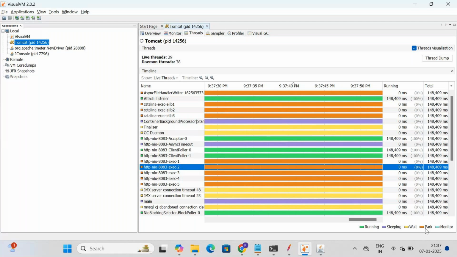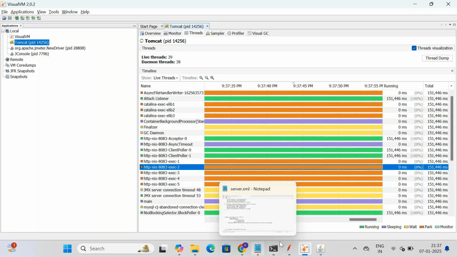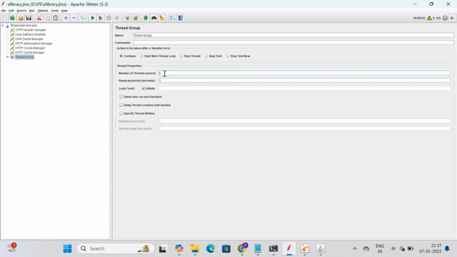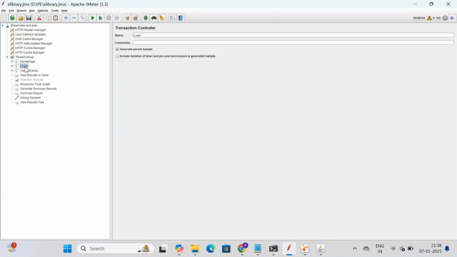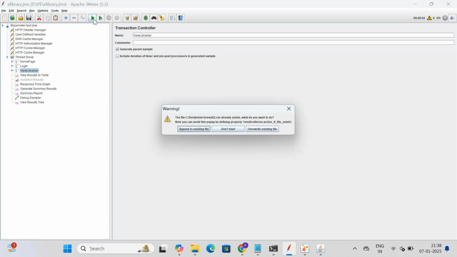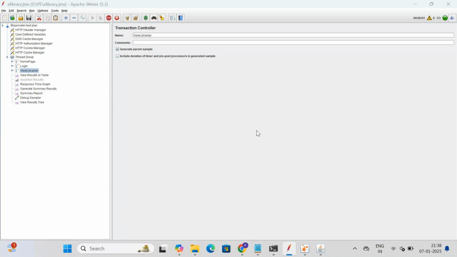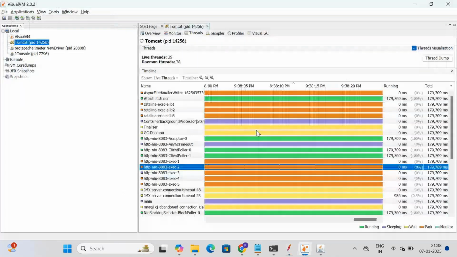Right? Now, I'll do one thing. I'll go to my JMeter and start the test with 3 users. Three concurrent users for the e-library JMX. I have a home page, a login, and a view librarian JMeter script. This script is also available in the drive if you want to download it, or you can create your own. Now, once I start the test,